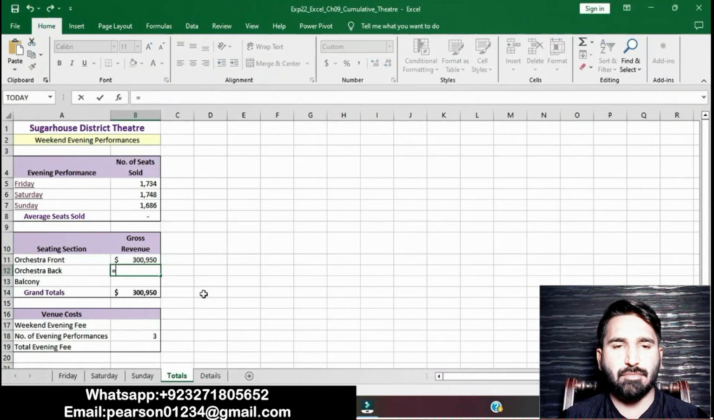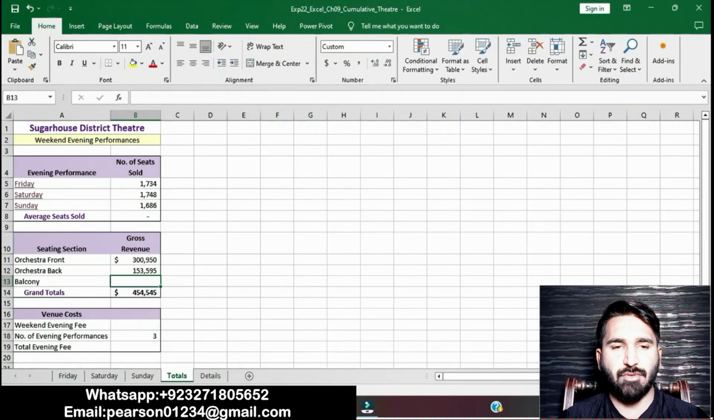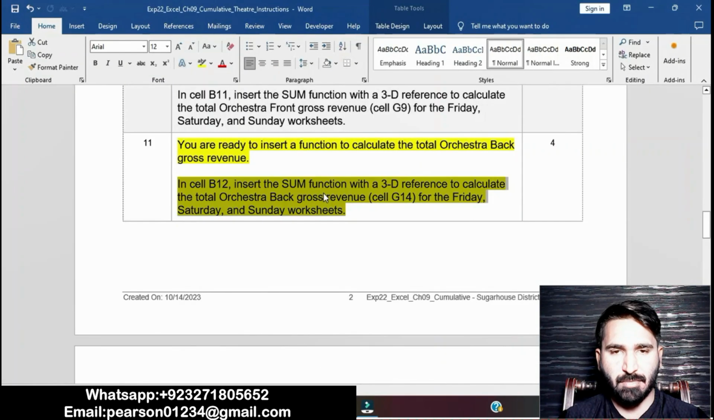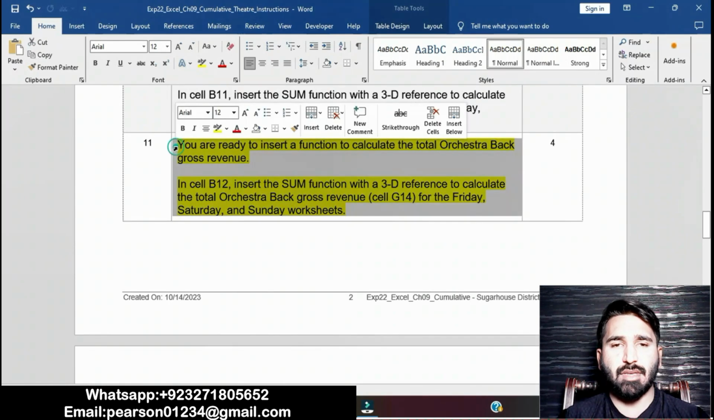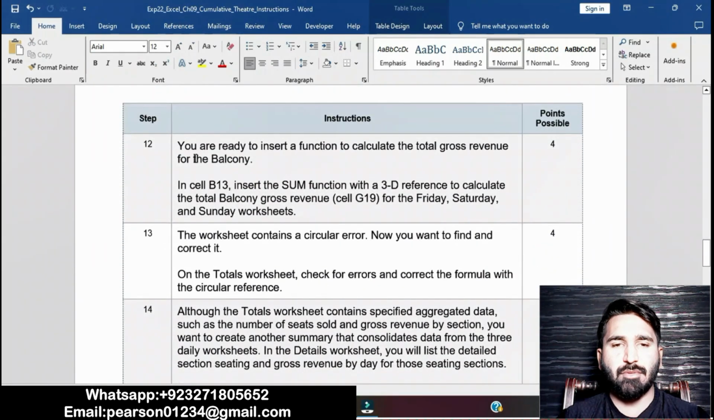Click on cell B12, then go to Friday. Okay, gross revenue Friday, then Saturday gross revenue, then Sunday. Okay, then press enter. It will show the value for orchestra back. Okay, I have done 11 questions of this assignment. Now moving on to question number 12. Question number 12 is that